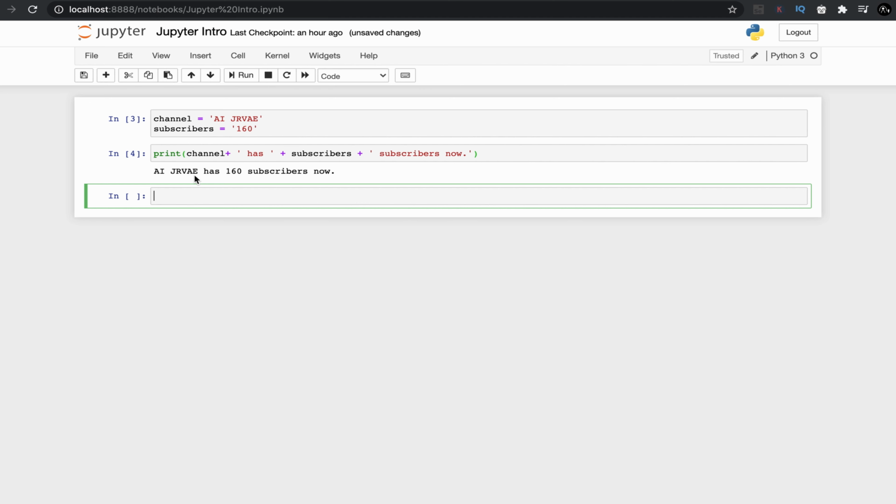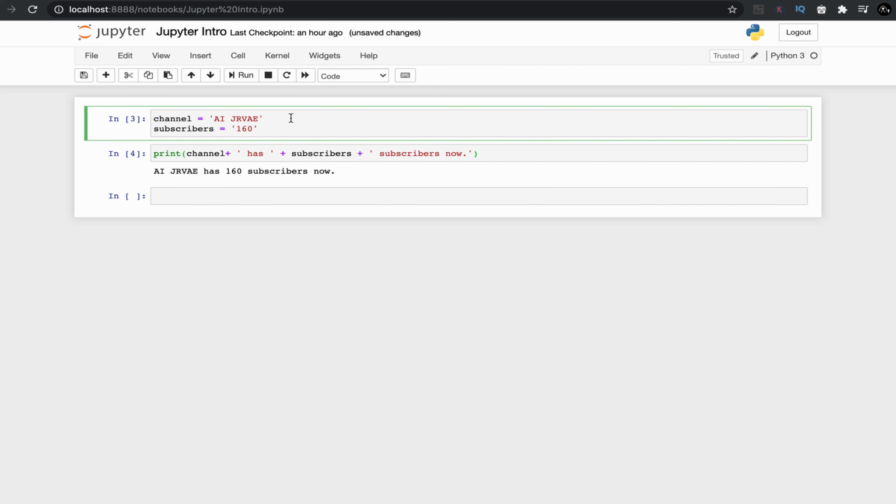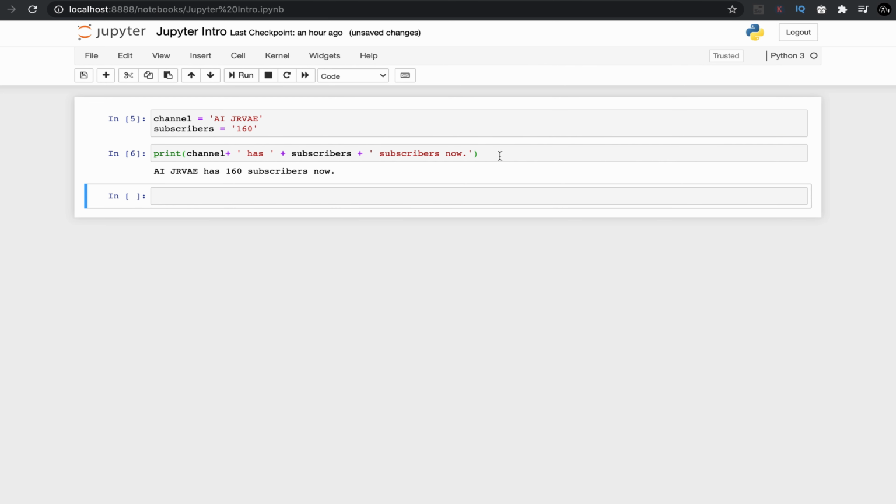Jupyter keeps track of the output last generated in the saved version of the file, and these are saved checkpoints. Now if you want to rerun your cells, using rerun or run all, output will be generated and saved by autosave, and there will be an increment in the cell number. As you can see, if you rerun this, it changes. So what Jupyter does is, it keeps track of the latest version of each cell.